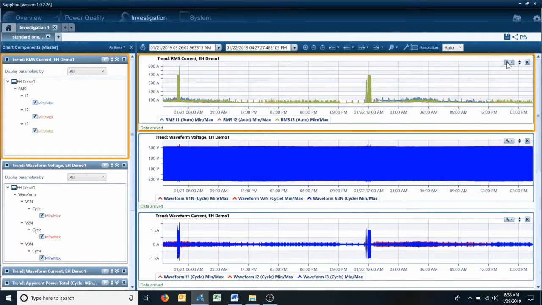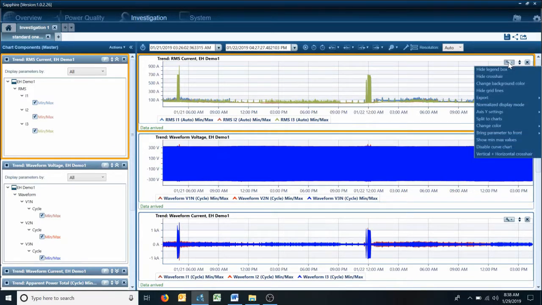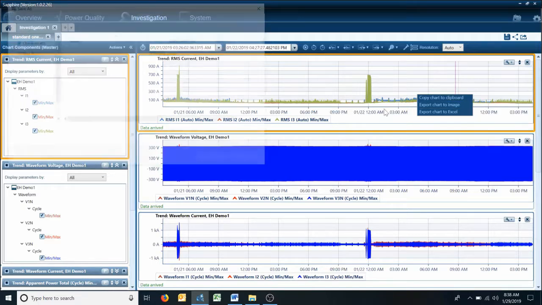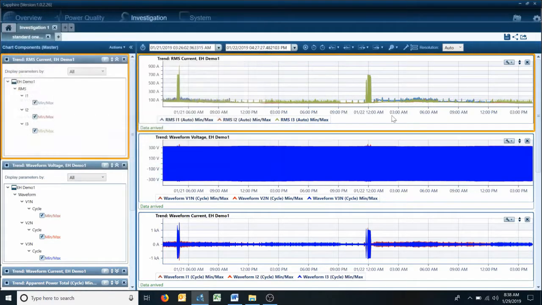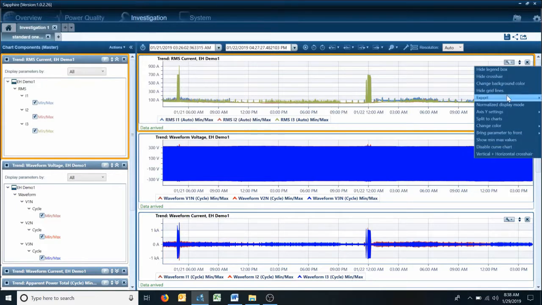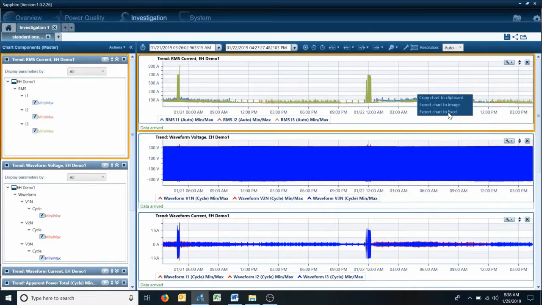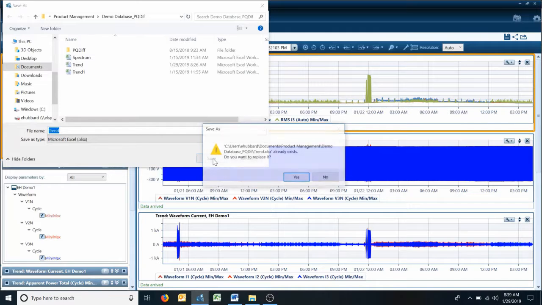The first way is to export the charts one by one, which is good if you want just a particular chart for a particular reason. You go to Export: Copy Chart to Clipboard, Export Chart to Image, which allows you to save it, or Export Chart to Excel. And we'll go ahead